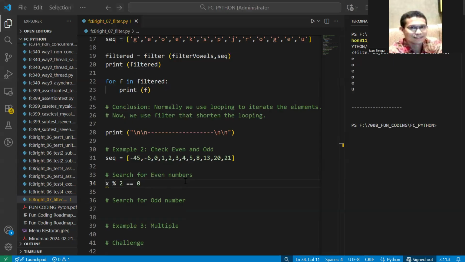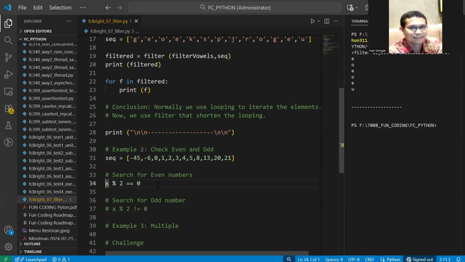On the other hand, we have this odd. However, we do the even first. So this one I will put as a comment, it will not be executed. So we continue with this.